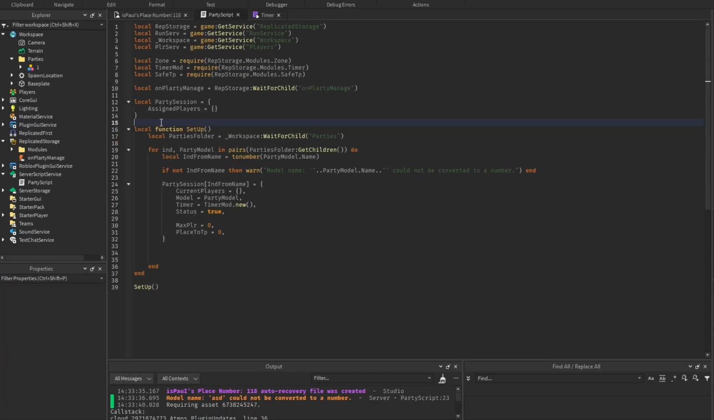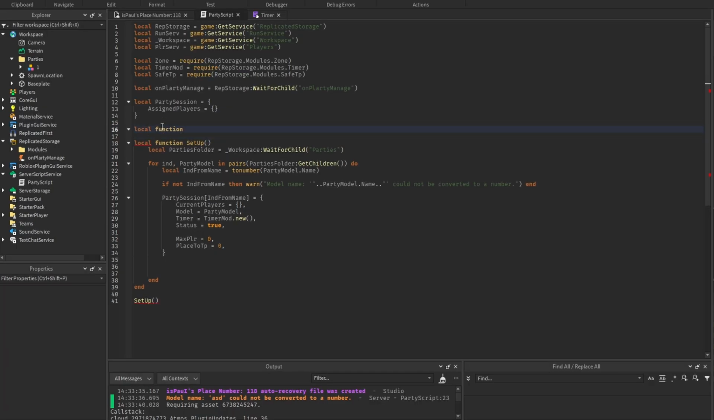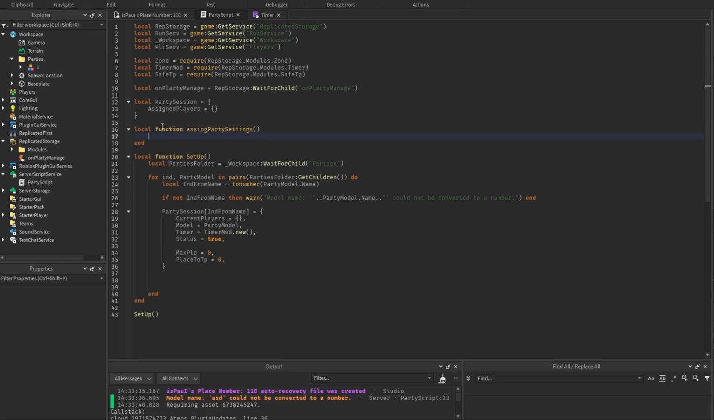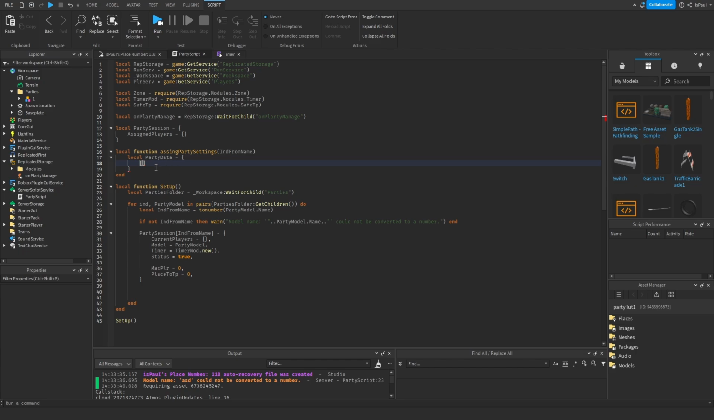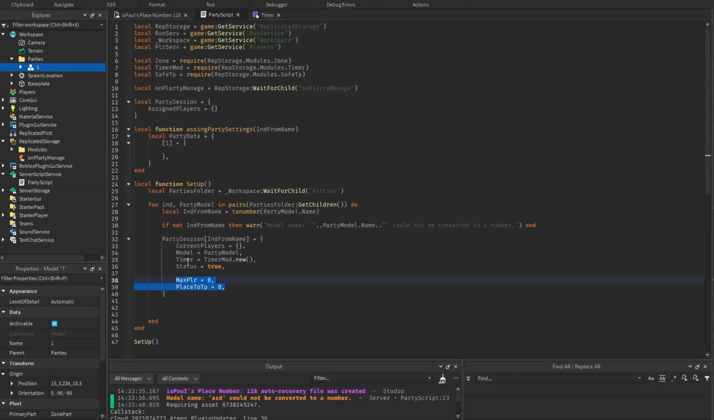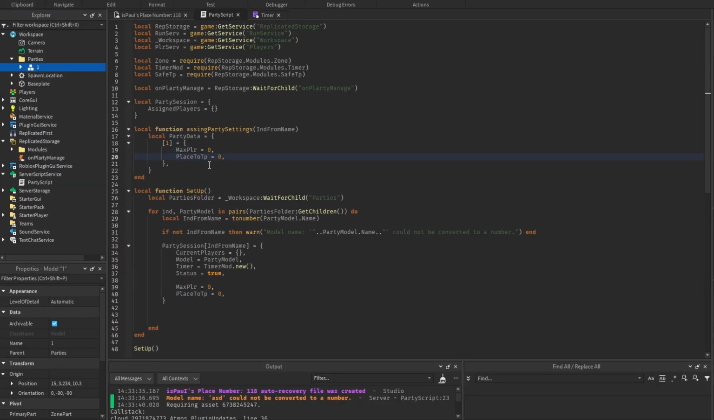But anyway, now we need another function which is going to be called assign party settings. And this function only takes the index from name, right? And in this function we can add a variable named party data, which is a table. And this is where we would select our presets. Let's say like this model is number 1, so we'll have an index of 1 is equal to, and set the max players and place to teleport to be like 4,